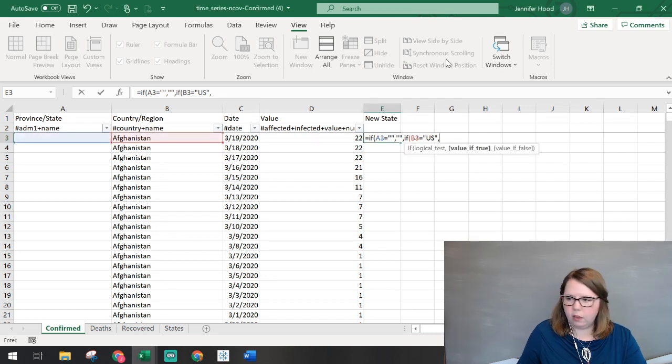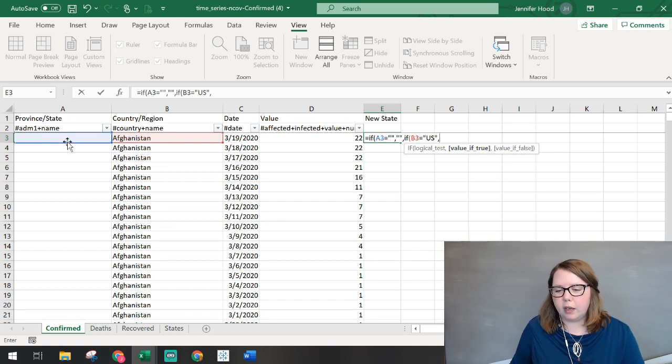So if it is the US, then we want to see, does it have a comma in it? Because if it doesn't, if it's just the state name, we don't need to look anything up. We can just take the state name. If it has a comma in it, then it's a city or a county that we need to reference to the state.